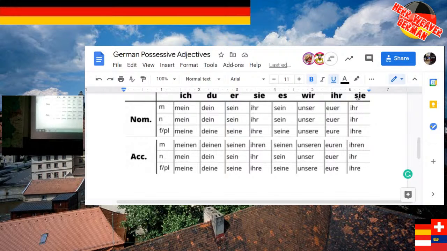Right here. Ihr, euer, unser, sein, ihr. There's mine right there. Ihr, and the word is Mutter. Mutter is feminine, right? So what ending? Okay, up here, Nichte was feminine. I put an E on the end. All the same rules, guys. Just going to add an E to this word. Ihre Mutter.